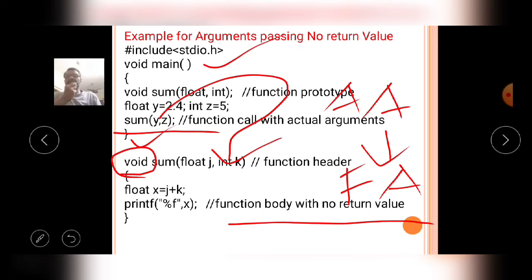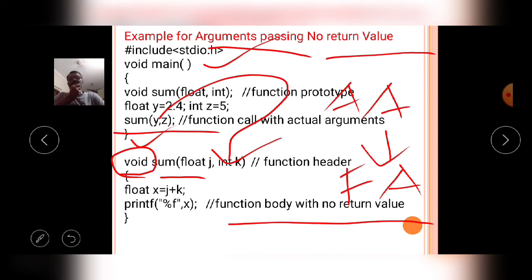So after completion of the execution, the user defined function sum will not return anything to the caller function. This type of user defined function is called argument passing with no return value.